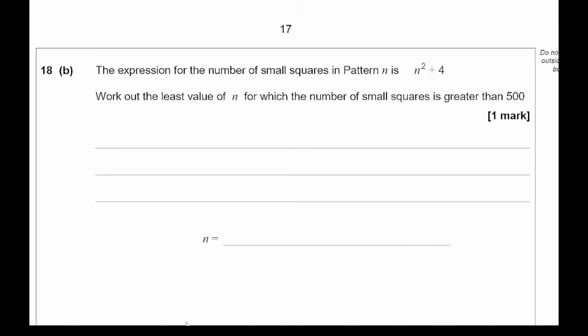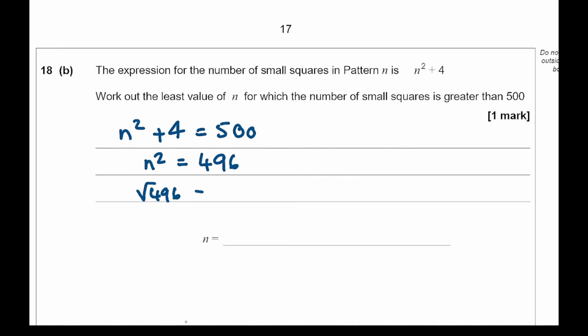Now it says work out the least value of n for which the number of small squares is greater than 500. What we're trying to work out is this, where it's greater than 500 but having the smallest number of n. Now if I go on and solve this, what I end up with is n squared equals 496, and then if I square root 496, I get an answer of